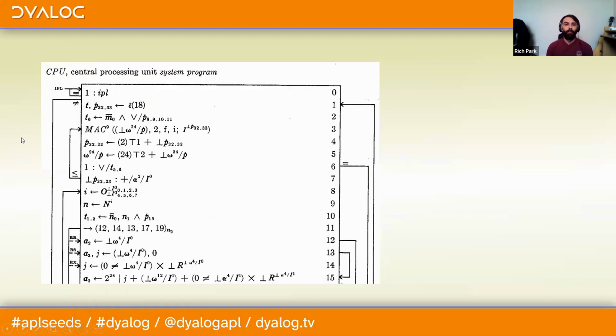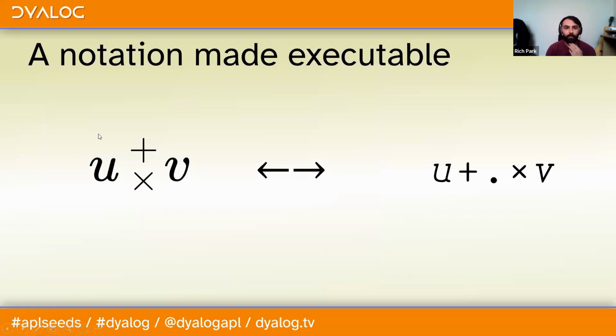So there are some quite cool examples, like here's a snippet of the description of the APL 360 system in APL. And you can see some of the notation has superscripts and subscripts like you see in traditional mathematical notation. And obviously, even today, those things are fairly hard to type with a keyboard. So when it came to implementing this, IBM's APL 360, certain changes were made to make the notation executable.